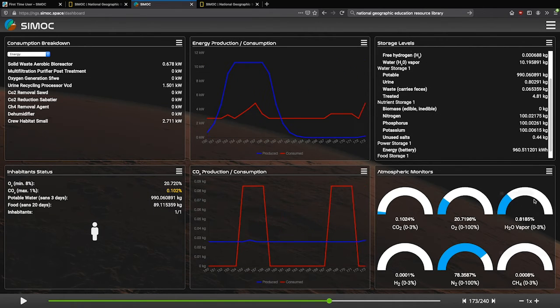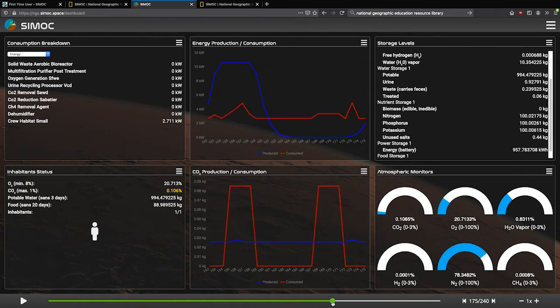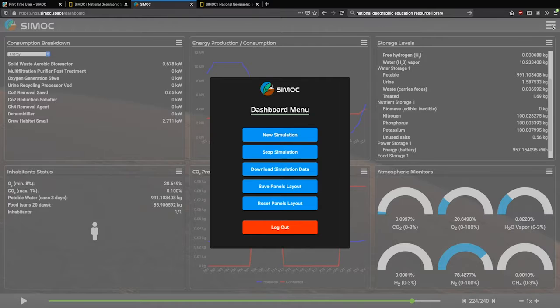You can see the water vapor is increasing and then decreasing, increasing, and then decreasing, and that's our dehumidifier, which is taking water vapor and converting it back into potable water again. So there's a lot to pay attention to here. Now we're going to stop this simulation,